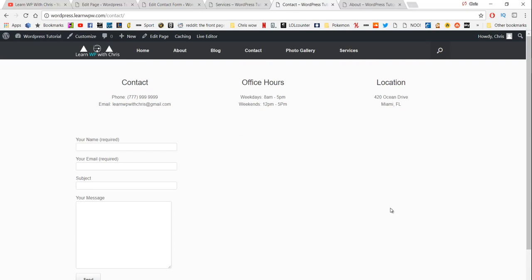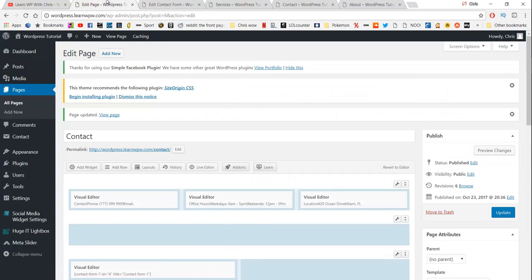But I feel like we're missing one big thing here, and I feel like we could fit in a perfect Google map of any location that you would like, or even if you want it to be a business or where you want to be. So if we go back to edit page,